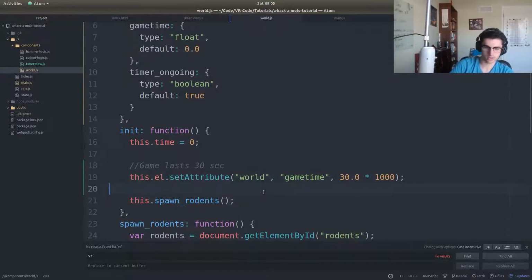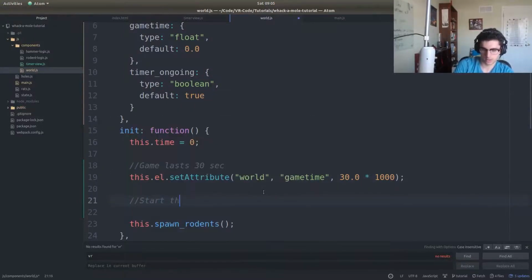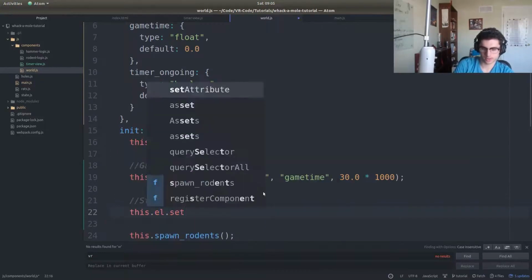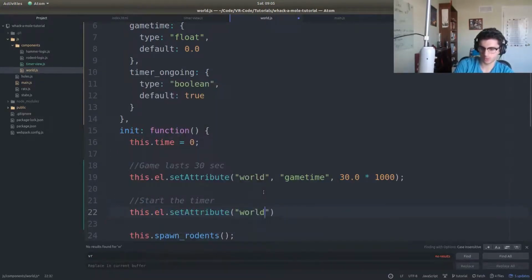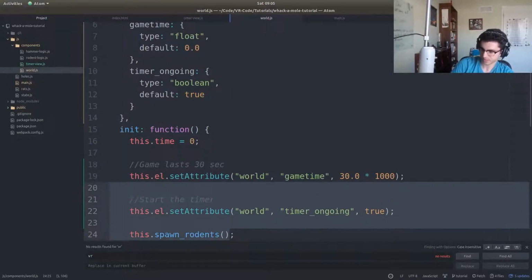Then we actually start the timer, this.l.set attribute world timer ongoing true, and then that's that. So